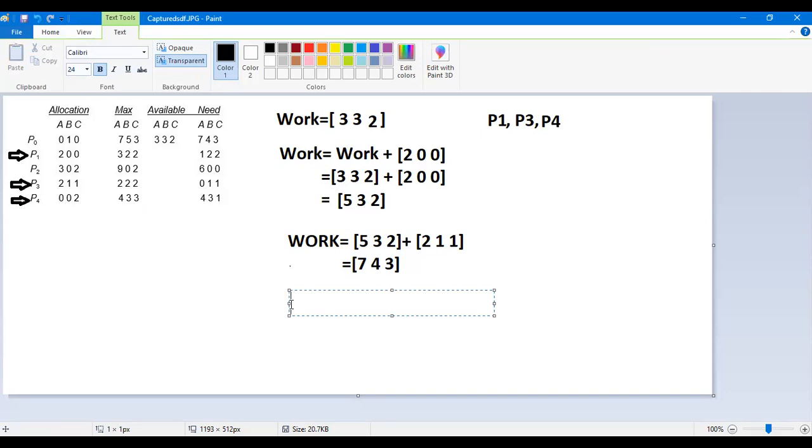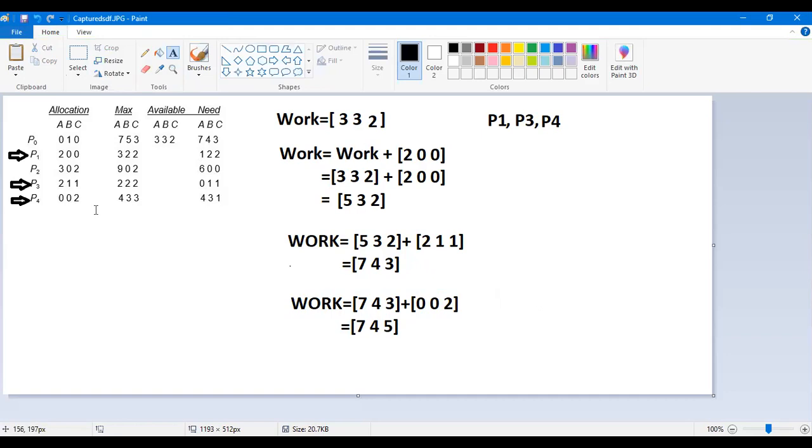Now your work will be 7, 4, 3 plus 0, 0, 2. You will get the final value 7, 4, 5. Okay, P4 has already executed.